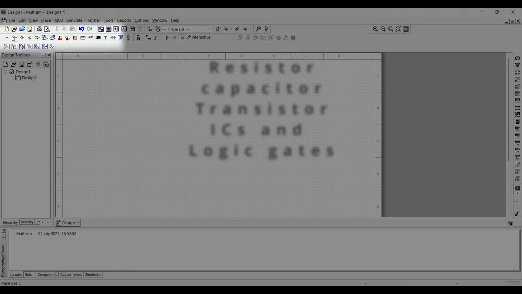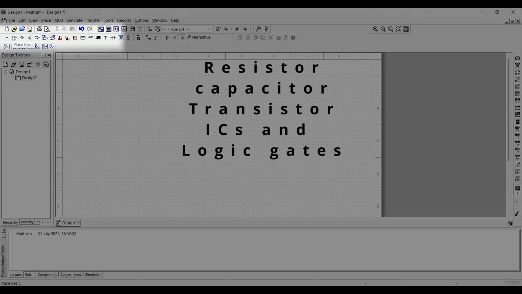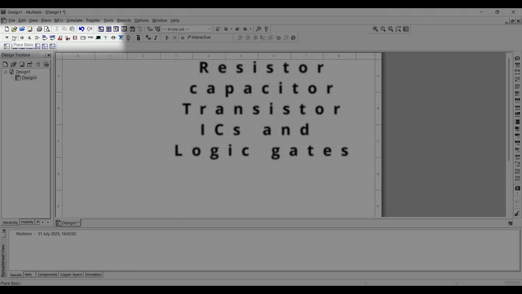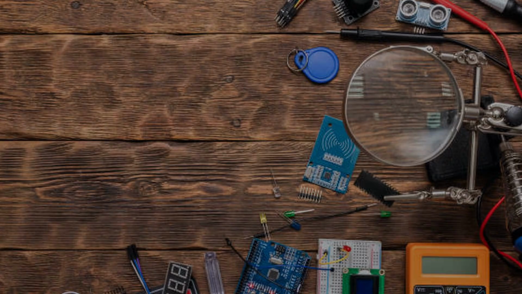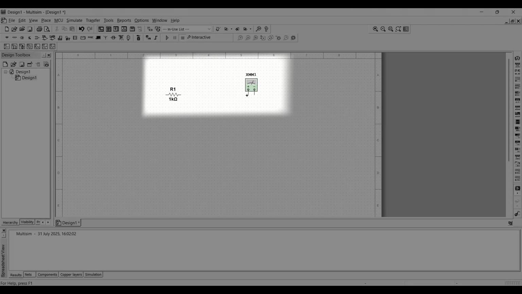Here you will find all kinds of components like resistors, capacitors, transistors, ICs, and logic gates. The big area in the center, that is your workspace. This is where the actual circuit building happens. Basically, this is your lab bench. To connect components, just click on a pin and drag to another. You will see a line appear, that is your wire.